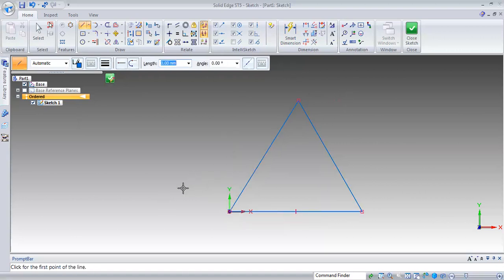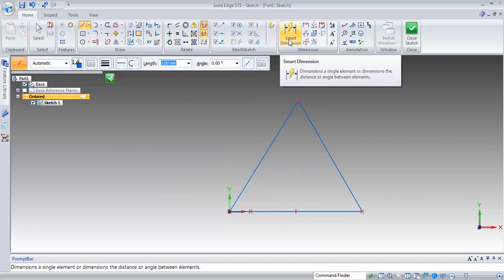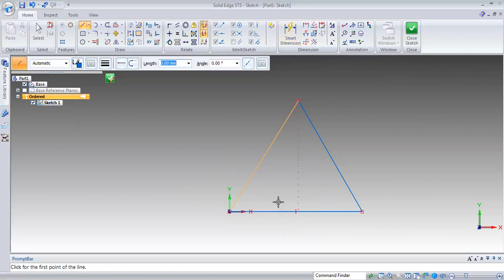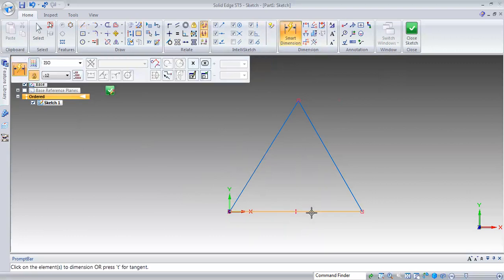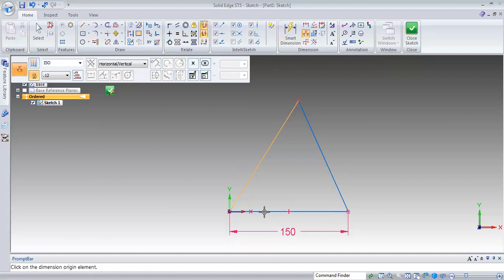First I created the entire object and now I will start giving the dimensions. I've given the dimension 150. Next we'll be creating an angle between. Wherever you want this angle, you can place it.